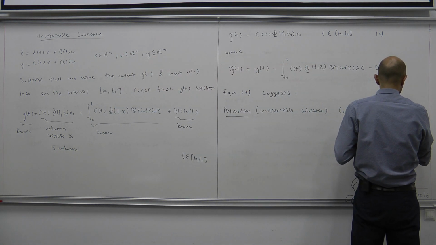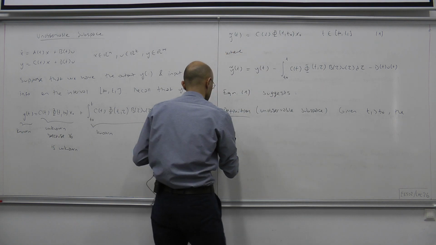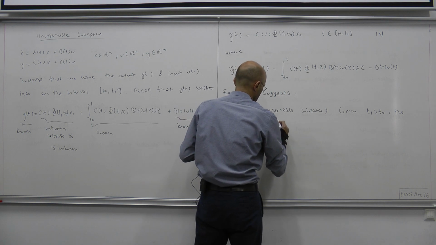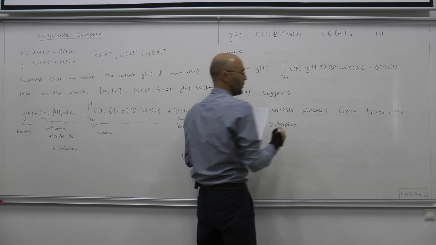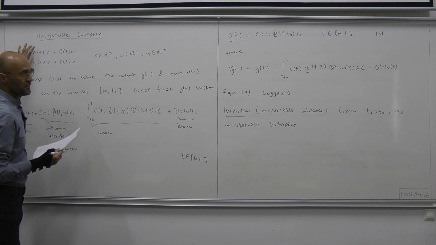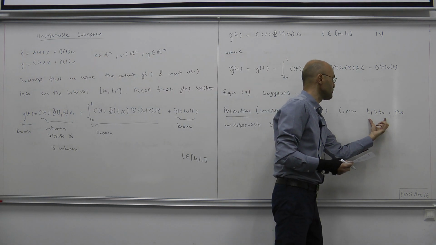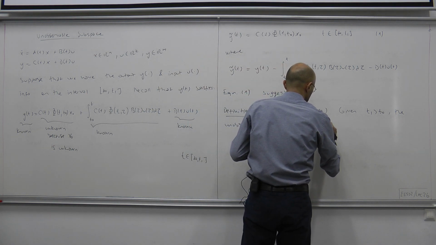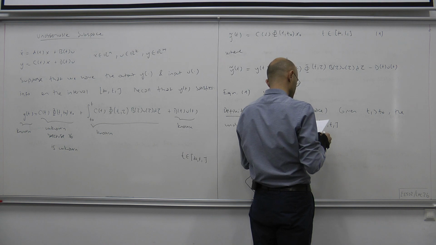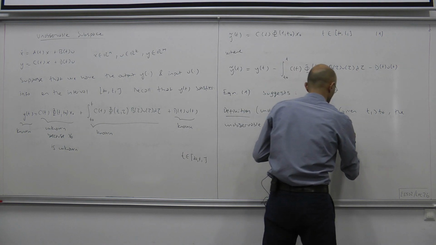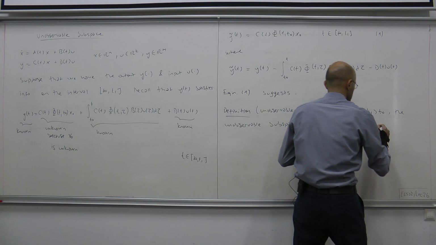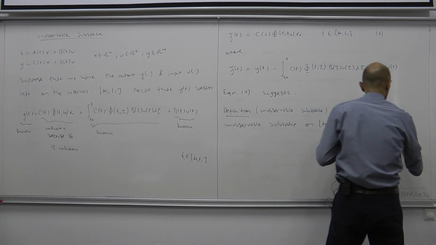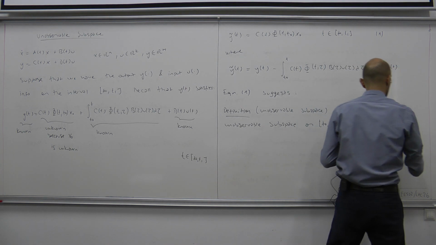The unobservable subspace of this system for the interval from t0 to t1, denoted capital U, capital O, and then we append the interval t0 t1,